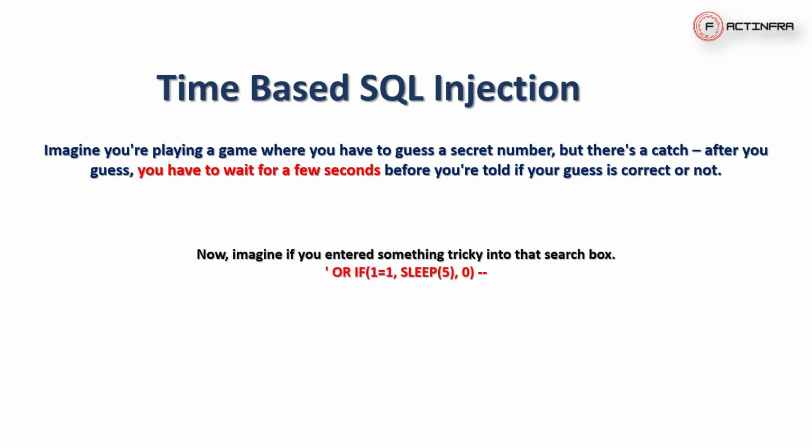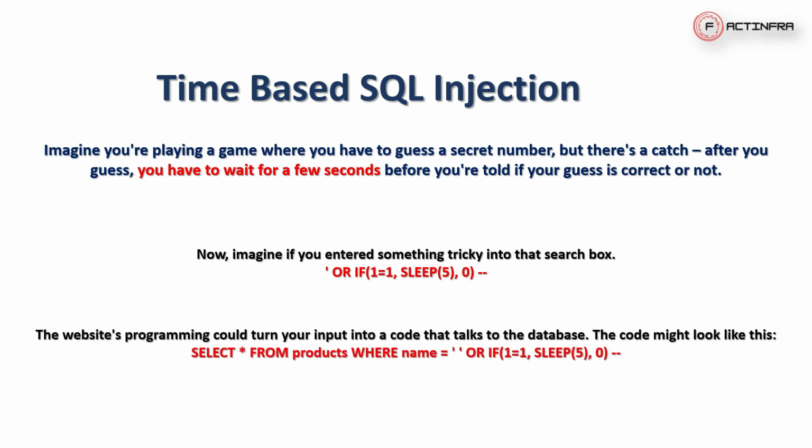So let's see the technical scenario. We are injecting single quote, and the main thing here is this sleep function. If we are giving the time, this 5 is nothing but 5 seconds, meaning we are telling the web application to go into sleep mode for 5 seconds. So if the web application actually goes into sleep mode for 5 seconds, then it is time based SQL injection.